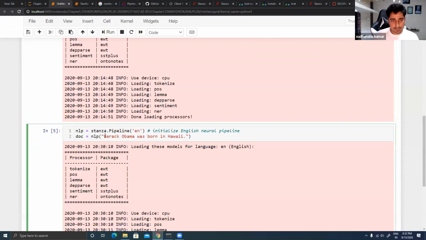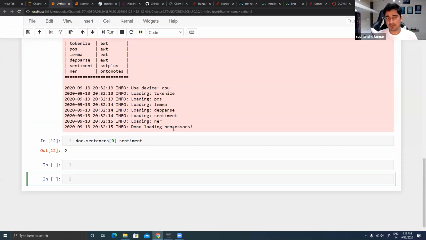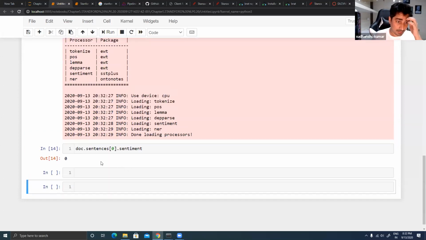So here, let's suppose I write, I am feeling happy, and yeah, load the model, pass it, and sentiment is equal to 2, right? So 2 is nothing but a positive sentence. Now, I'm feeling sad, so for sure this number should change. Yeah, so 0.